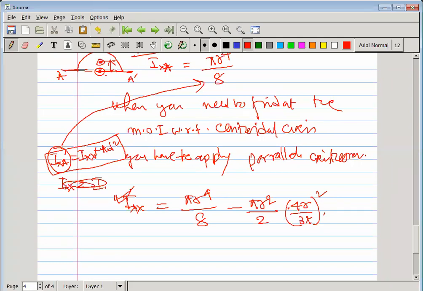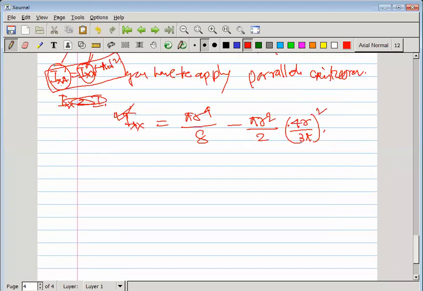With respect to the centroidal axis, for rectangle and triangle, the standard formula is normally given. But for a semicircle, the standard formula is with respect to the edge, that is pi r to the power 4 by 8. Normally people remember this one with respect to the edge. But when you are doing this calculation, you need the centroidal axis moment of inertia, because I of xa is equal to I of xx plus A d square. This one is given, and this one you know. So if you deduct this one, you will get I of xx.